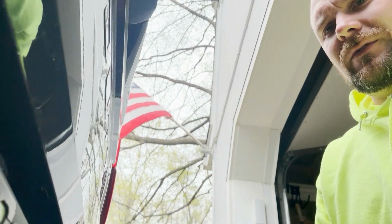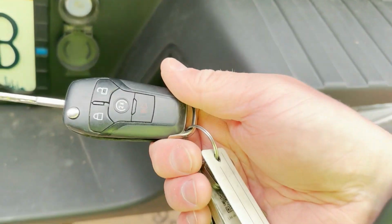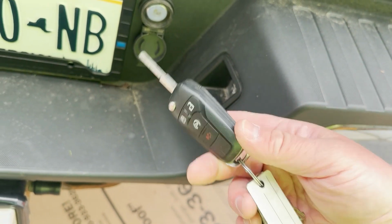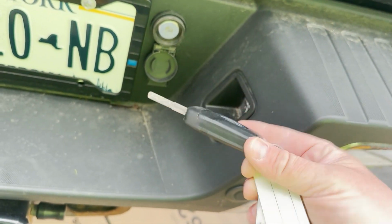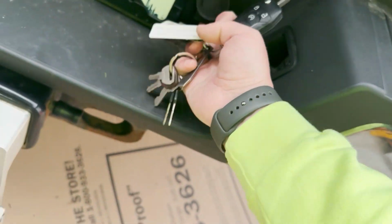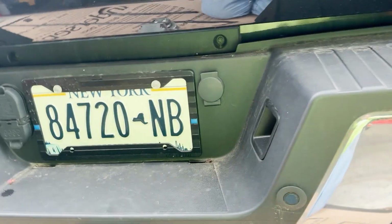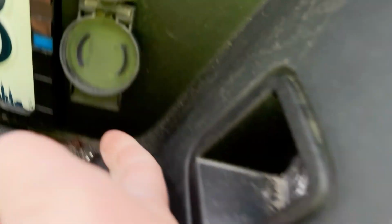All right, so I don't know if you probably got a view of this, but your Ford key, this is an XLT, so it's one of these kind of keys. It's not wireless, but I'm sure Ford gives you a key. Locks this, so nobody's stealing your spare. I understand if a thief really wants it, they could steal it, but in here, that's your key. It really deters the